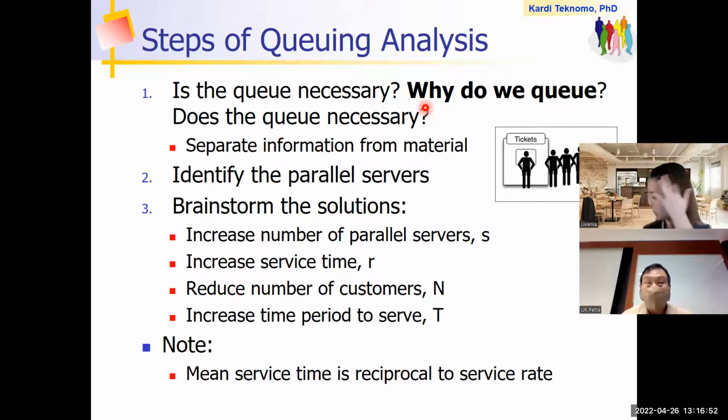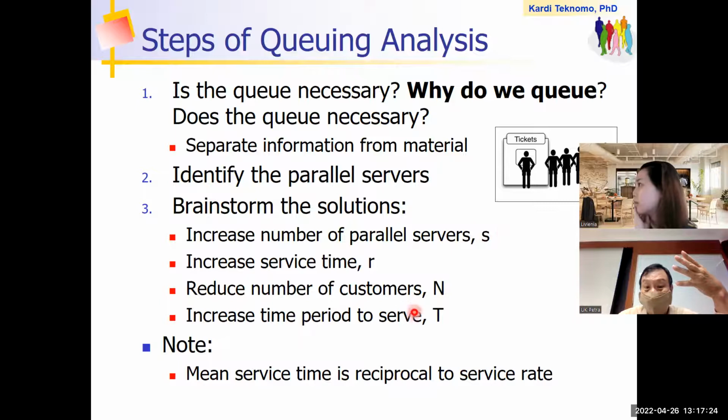Separating the information from the material will help you to understand whether the queuing is really necessary or not. Physical things, yes, you need to queue. But information, you don't need to queue. Number two is to identify the server, and then you need to brainstorm the solution. Of course, easy, right? Because you know